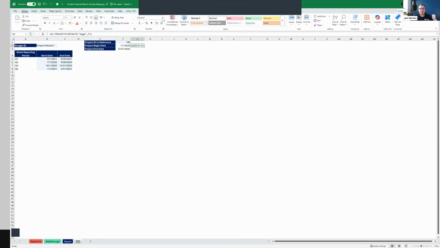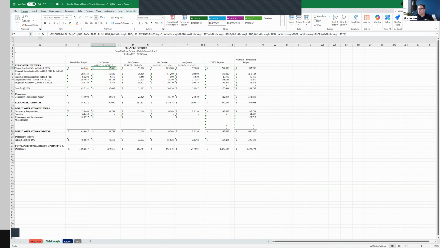All right, so this is the same thing, just with a different date format, but I can retrieve that information on the fly. So imagine as I change my project ID, these dates will change in sync with that. That will feed my report. I don't have to do anything anymore in terms of copy and paste and reformatting and changing the data. It will change itself. So on to the next example.